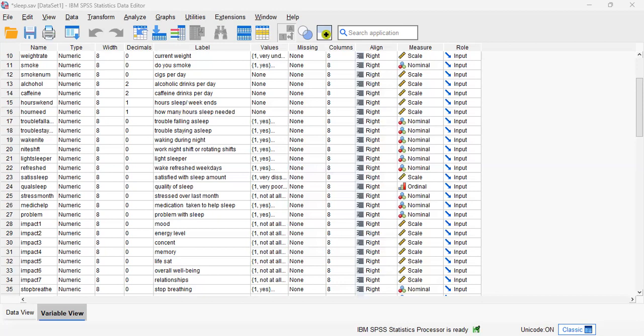If you come to the block 0 beginning block section, everything underneath it shows the results of the analysis without independent variables, and it serves as a baseline for us. In the classification table, it shows that 57.3% of the cases indicate no problem with sleep. Now, if we move down to block 1,